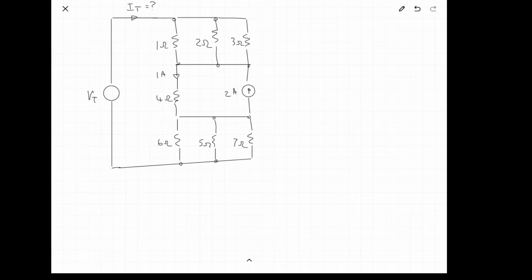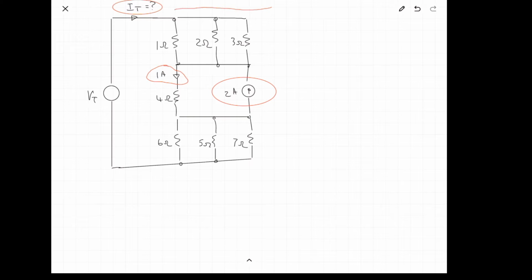So here's our problem that's just redrawn on the iPad. Now let's look very carefully at this before we start doing any work. We're looking for IT and the other currents that we know. We know that current there is 1 amp. We know that current there is 2 amps. Now, at this point, if you're reasonably observant, and you remember what we did last time,